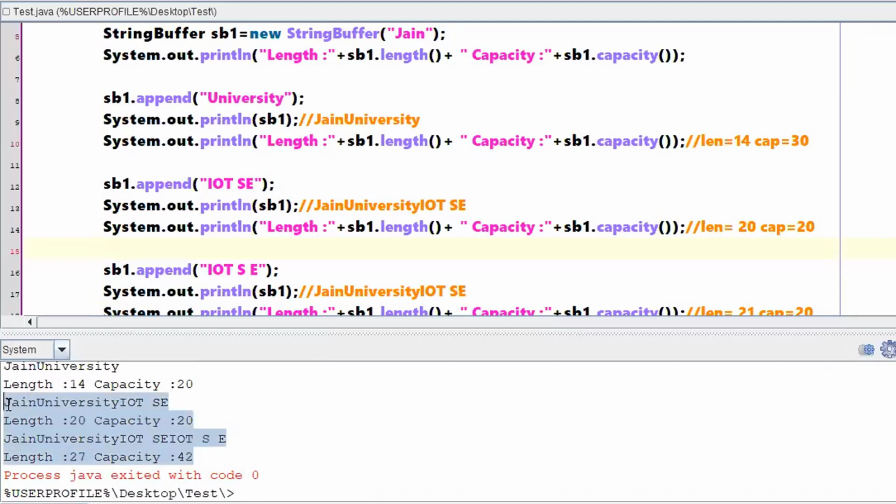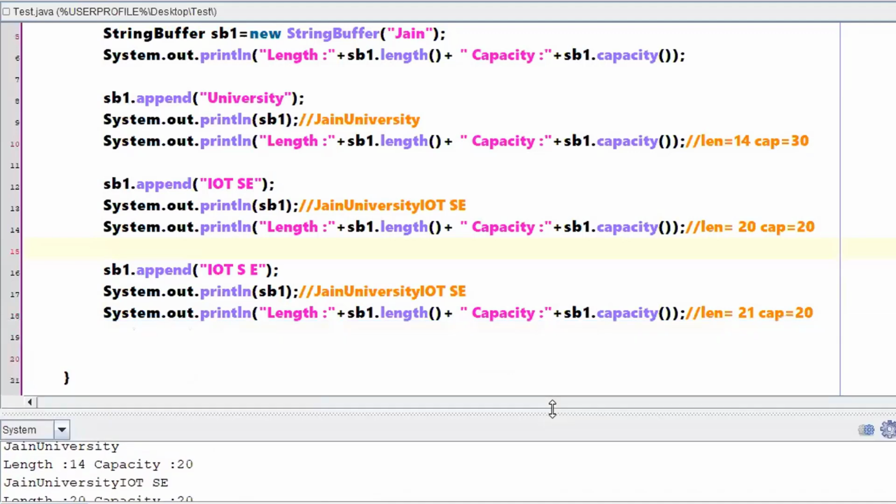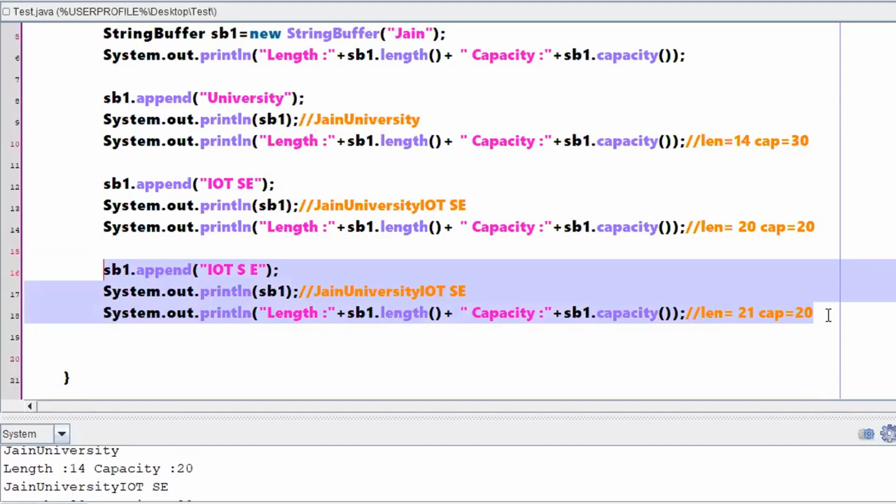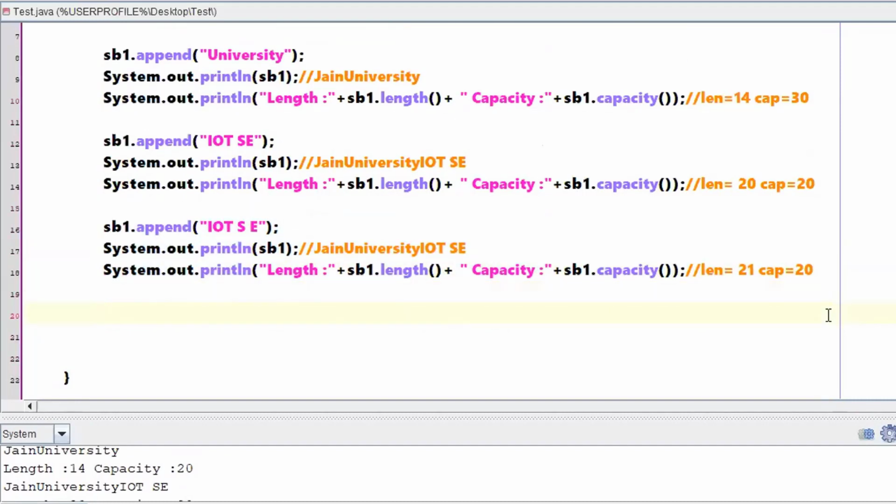And whatever string you are getting is Jain University IoT SC IoT S followed by E. So totally you have 27 characters, right? Shall we copy paste this statement once again and cross check what the new value might be?